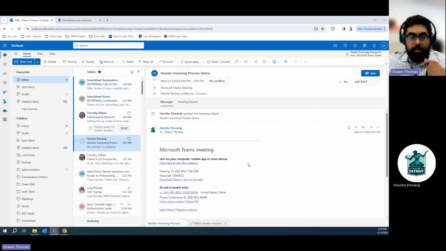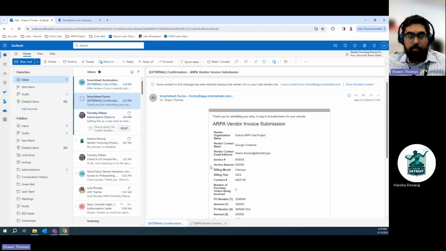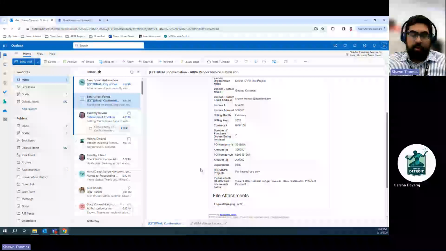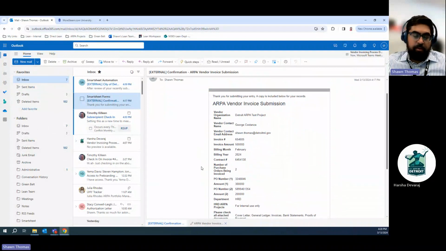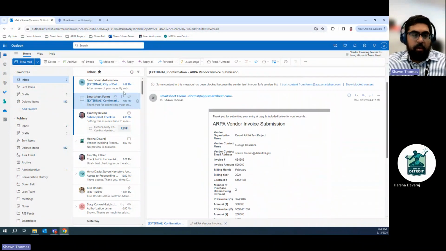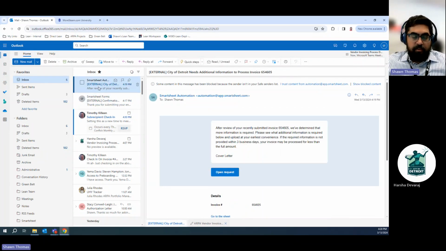Great. And so, so email you have. So in this case, just so you know, this is what you may receive if you choose to receive a copy of what you submitted. So you just get an email saying, hey, this is what you submitted to the city. Here's all the things you submitted. But as Harsha just mentioned, you could receive an email for whatever reason